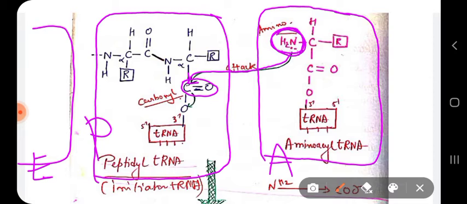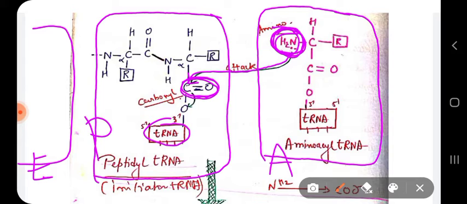So this amino group is attacking the carboxyl group of which amino acid? It is attacking the carboxyl group of the amino acid associated with the tRNA in the peptidyl tRNA in the P site. There the carbonyl group is being attacked by the amino group of the aminoacyl tRNA,